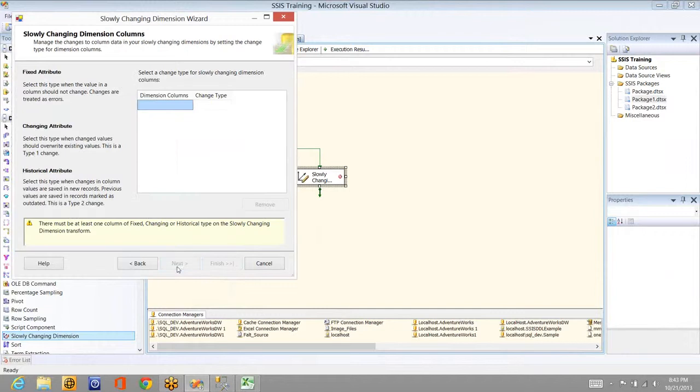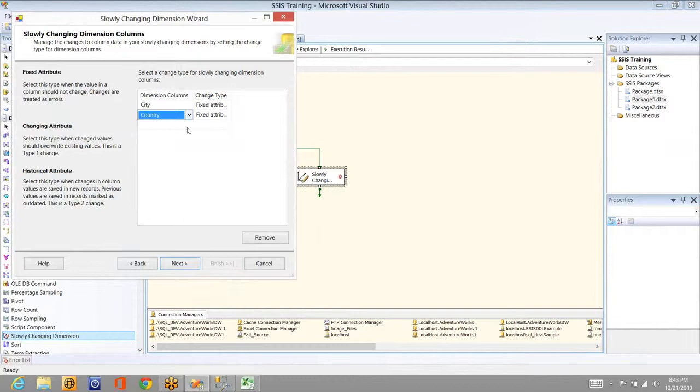Click on next. Here you have to specify the historical attribute. That means if you find any change, let's say I'll set everything as fixed. Okay, and I'll set the name as changing attribute. That means whenever it is changed, just update it, and I'll make city a historical attribute.